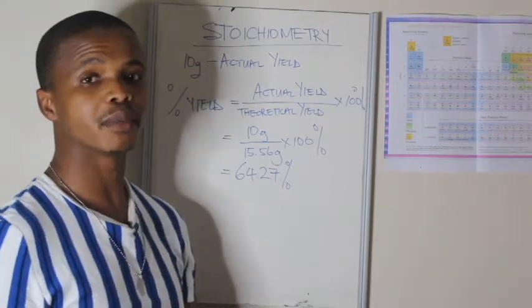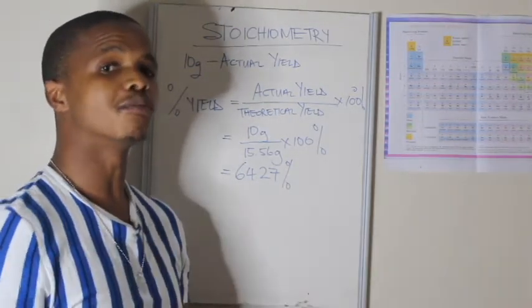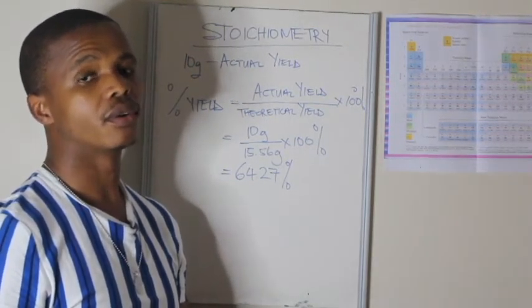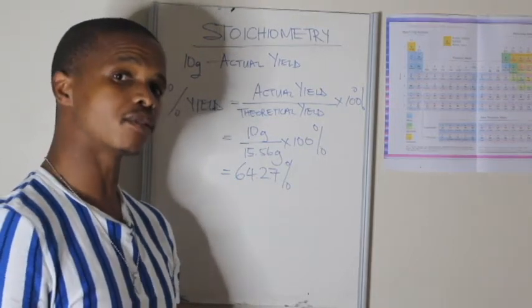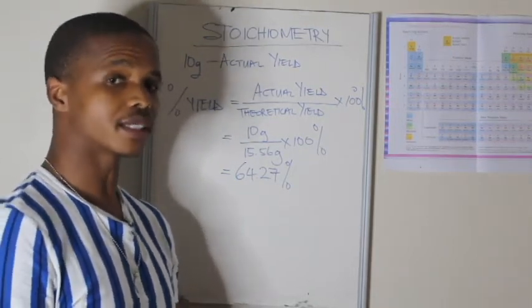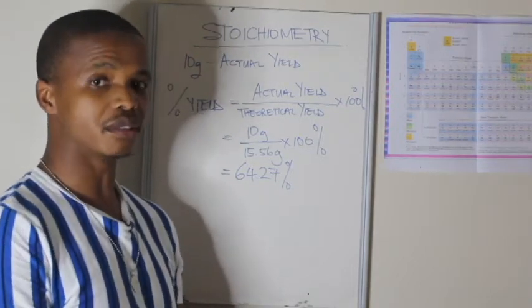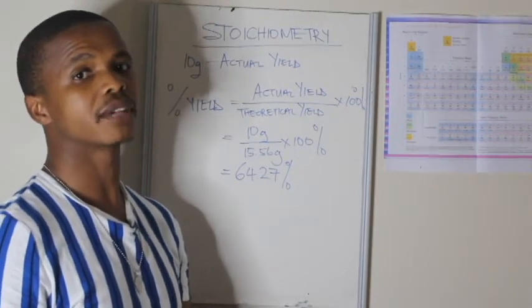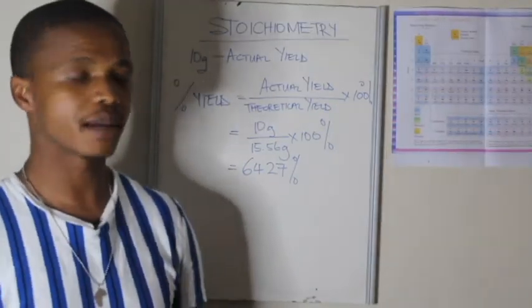What you'll have to remember is that you'll be given either a mass or a number of moles. Then you have to calculate your theoretical yield, but you have to start from knowing your limiting and excess reactant. And then once you get your theoretical yield, maybe you'd be given the actual amount of your products, and then you'll have to calculate the percentage yield. And sometimes you'd be given